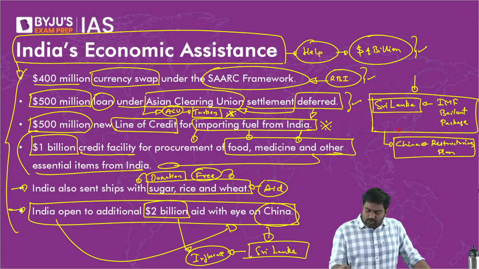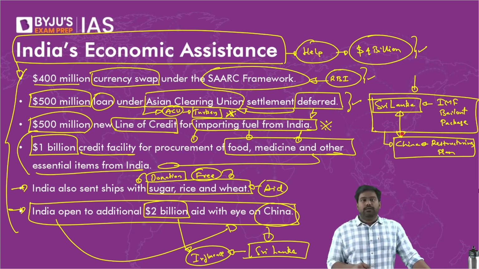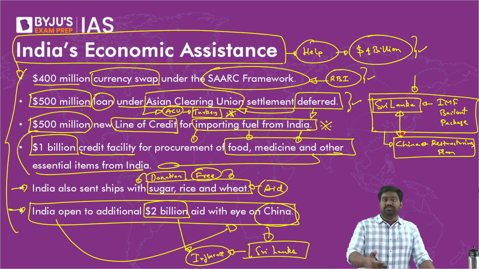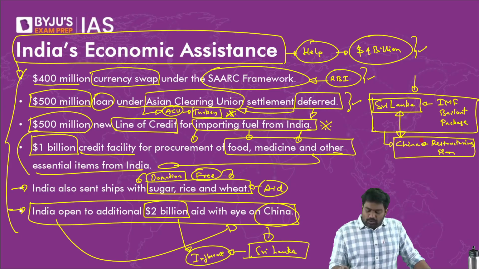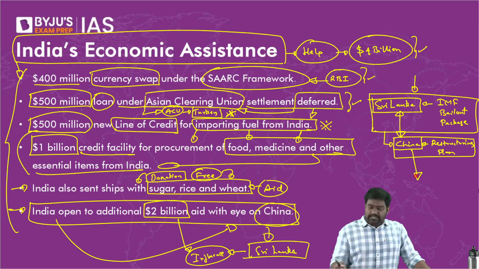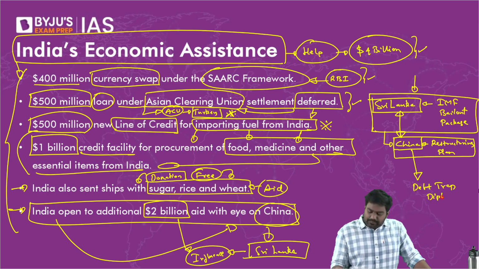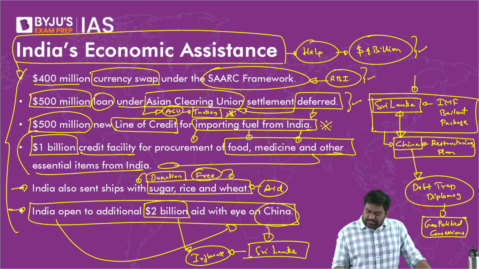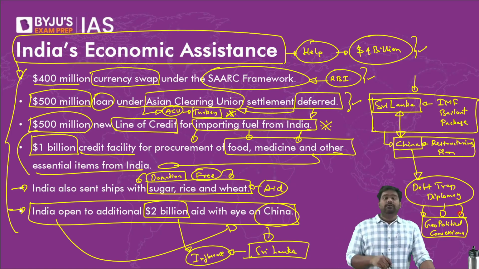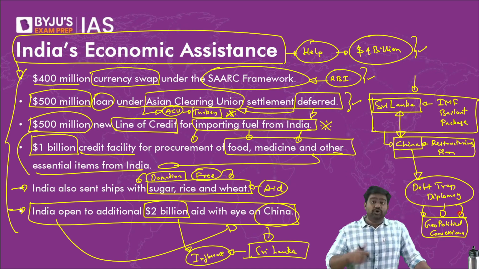Initially, China was not helping Sri Lanka at all. When India was pumping so many funds and giving so much assistance, China was deliberately holding back on helping Sri Lanka. This is what leads experts to believe that China believes in debt trap diplomacy. It pushes countries into a debt trap, and then it will seek geopolitical concessions. It will basically misuse the financial advantage it gains over small countries, and leverage that to acquire geopolitical advantage.